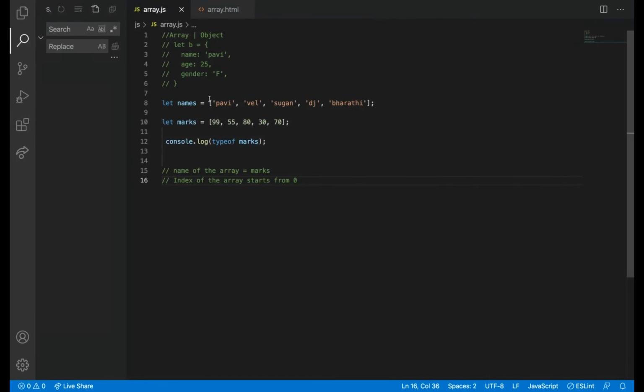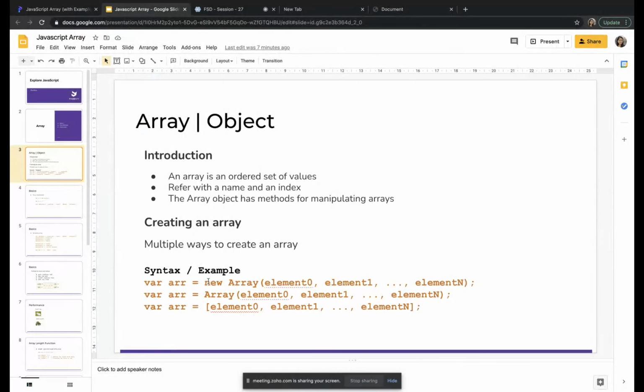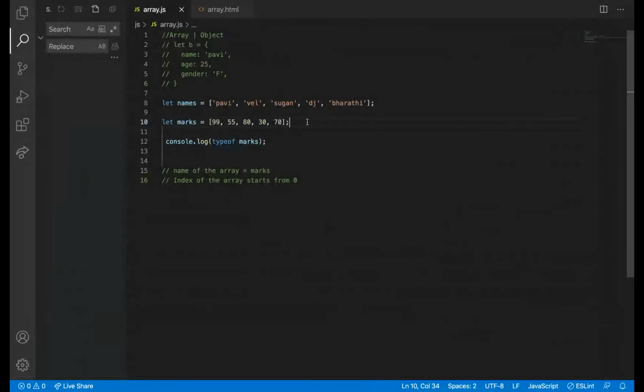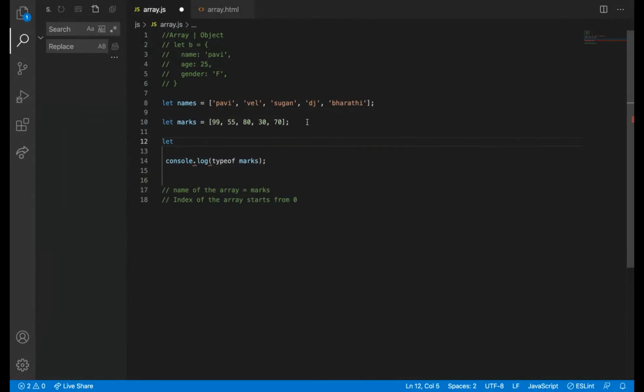Already you people know I have created an array like this, right? And there is another thing also, new Array. We can use new Array.